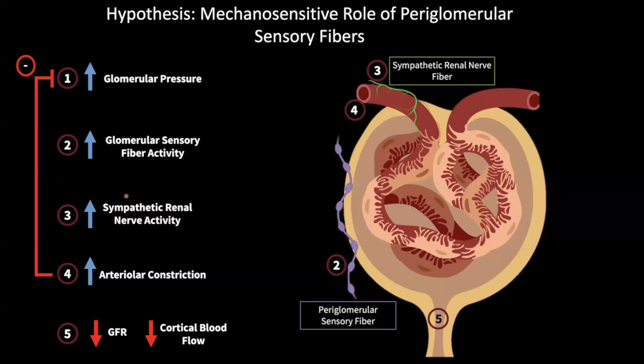When you activate those sensory nerves, that goes up to the spinal cord and then results in a situation where you activate the sympathetic nerves to the afferent arteriole, which is going to constrict it and normalize the pressure in the glomerulus. So we do think that there is an ongoing interoceptive kind of loop there that is regulating glomerular pressure. Now, if you add to that, you have inflammation in the glomerulus, you're going to drive that into hyperdrive, right? So that would be the inflammatory part. So we have to test this hypothesis yet.